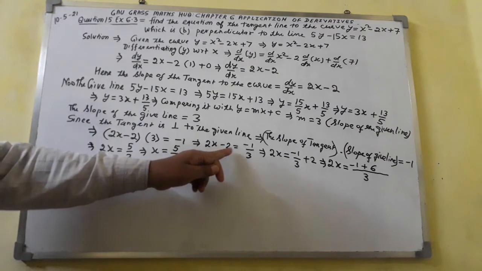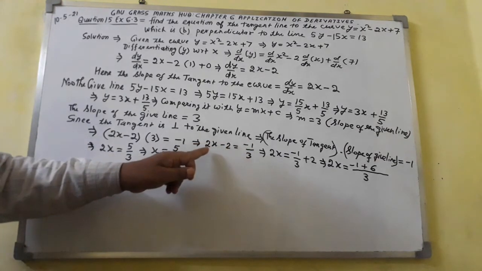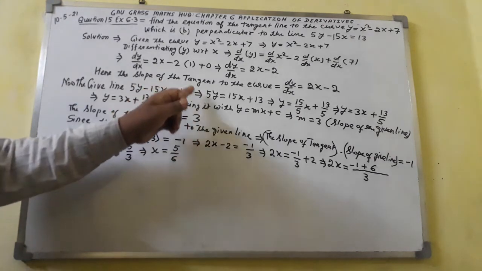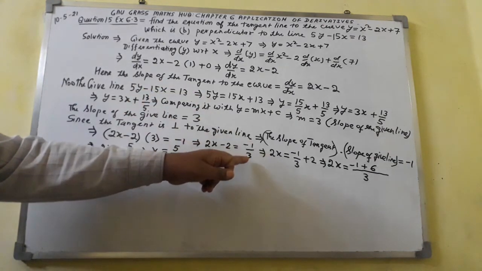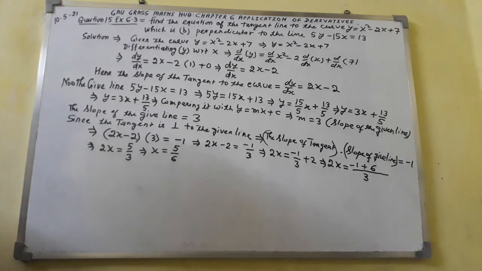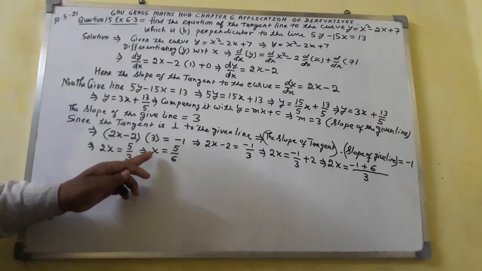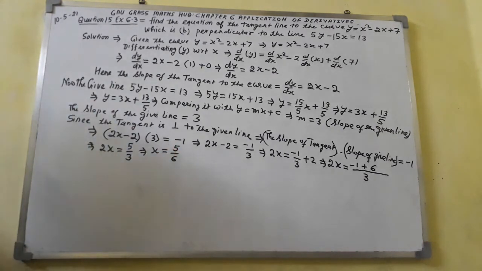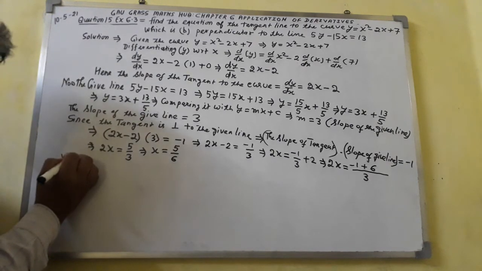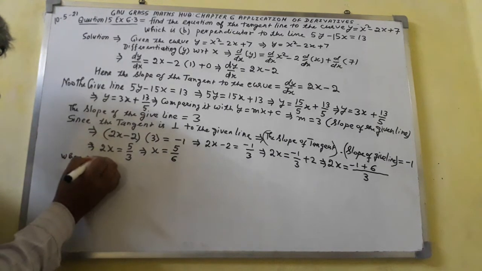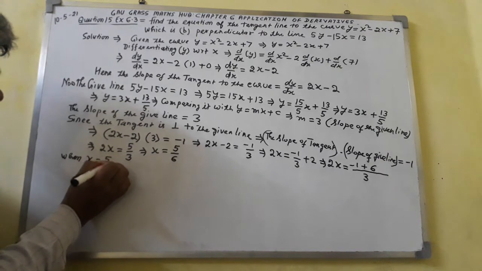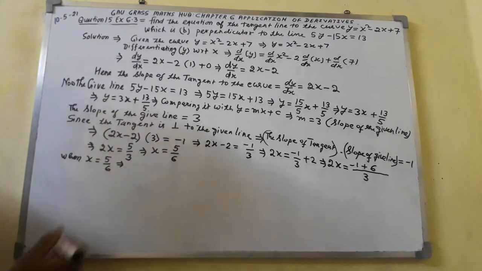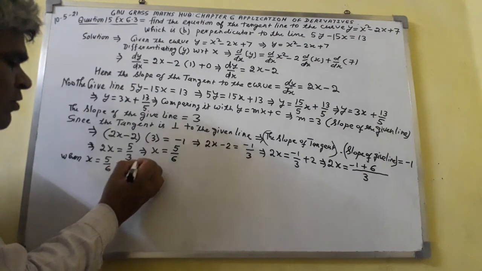2x minus 2 is equal to minus 1 over 3. This will be the slope of the tangent. We have got minus 1 over 3. The x ordinate you have got 5 over 6. So when x is equal to 5 over 6, we get on the curve y equal to